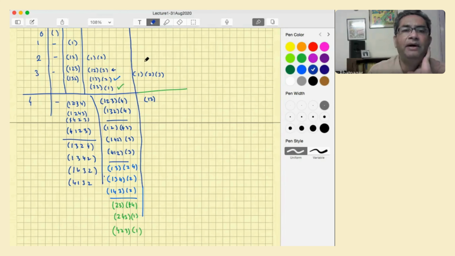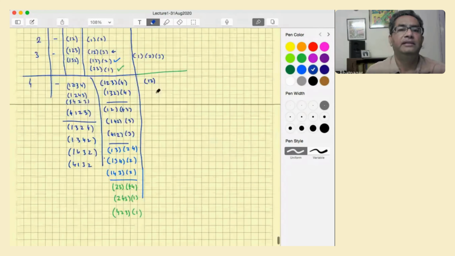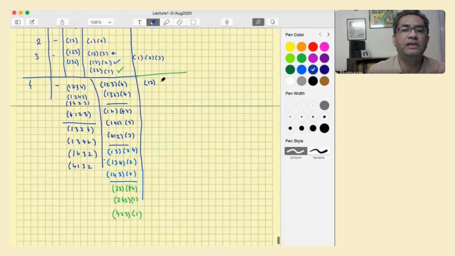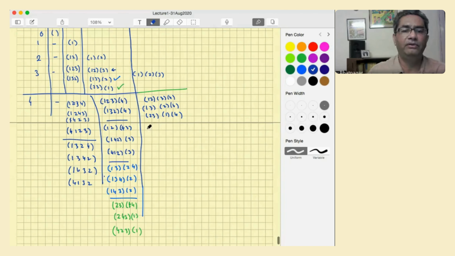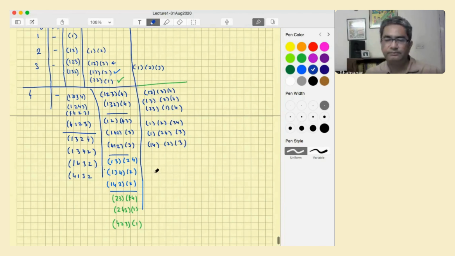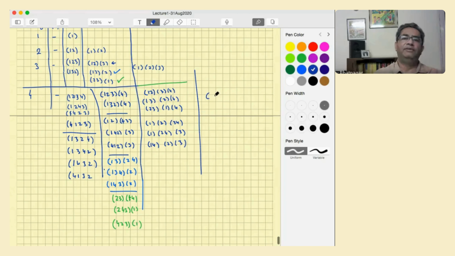So I need 3 parts. Over here, K is 3. So I need 3 parts. Here there are 2 parts already there, so I can put a 4 on its own: 1, 3, 2, 4, and 2, 3, 1, 4. And here I can put a 4 anywhere I want, after any one of the other ones: 1, 2, 4, 3, and 1, 4, 2, 3, and I've got it. So these are all of them. And then there is one with k equal to 4, which is just this one.